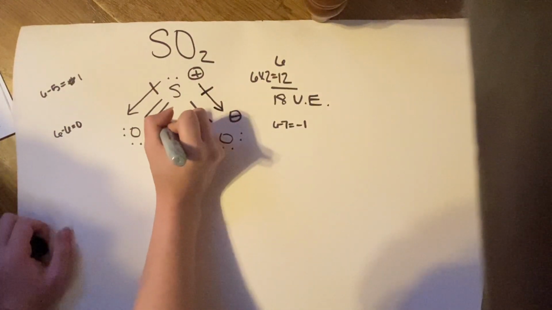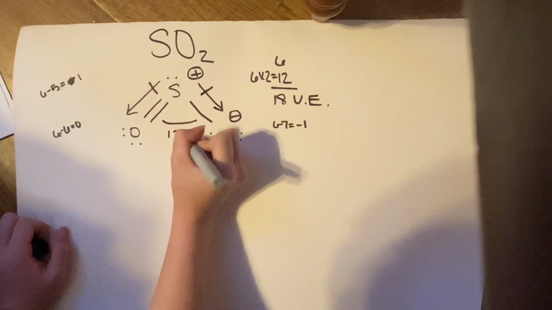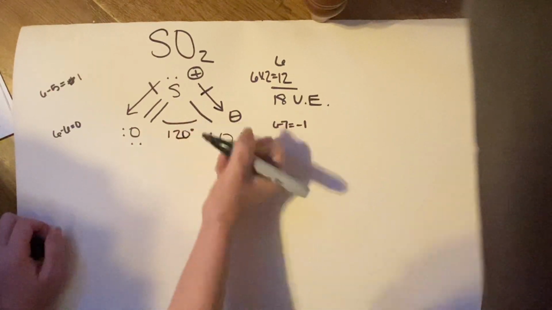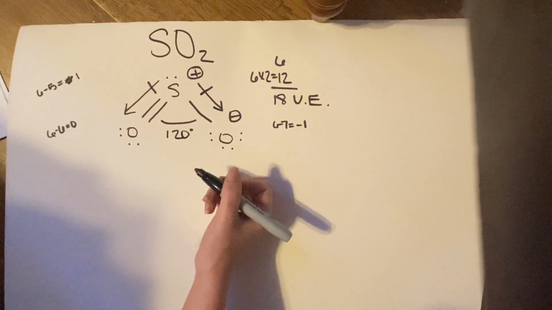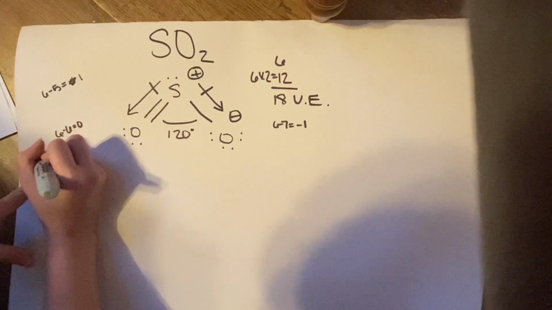And then we add in our degrees. It's going to be 120 degrees. And we know that because our electron domain geometry